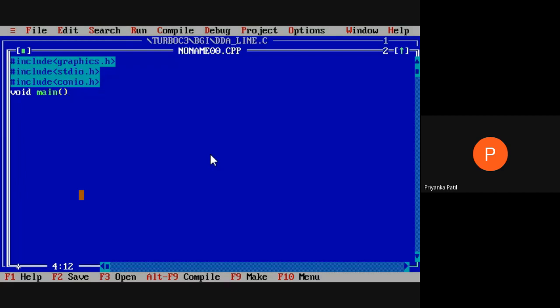And stdio.h means standard input output file. Whenever we access the input from the end user, we need to execute the printf statement. So the coding and the function come from this particular stdio.h header file. After that we consider the void main function, opening bracket, closing bracket. Here we need to initialize the graphics.